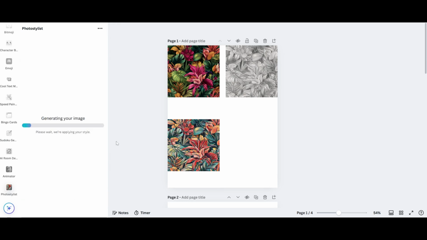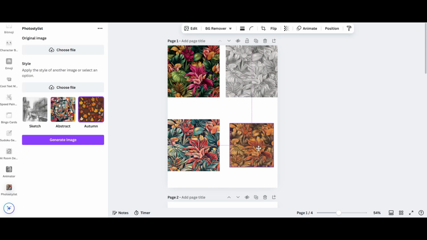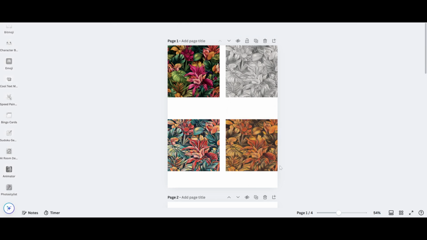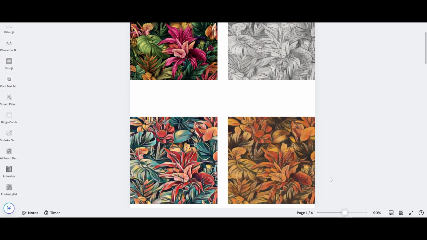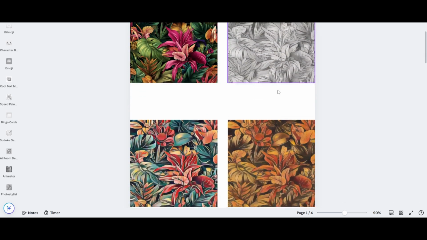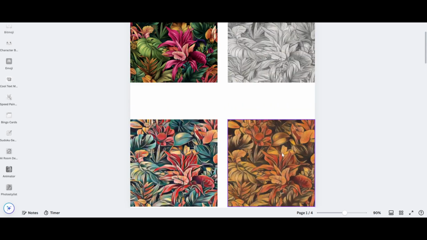Generate this one. And that came out well as well. Okay. So I'm just going to zoom in here. I actually like this. So this is our original picture. We show it here as a sketch, an abstract look, and of course an autumn look,